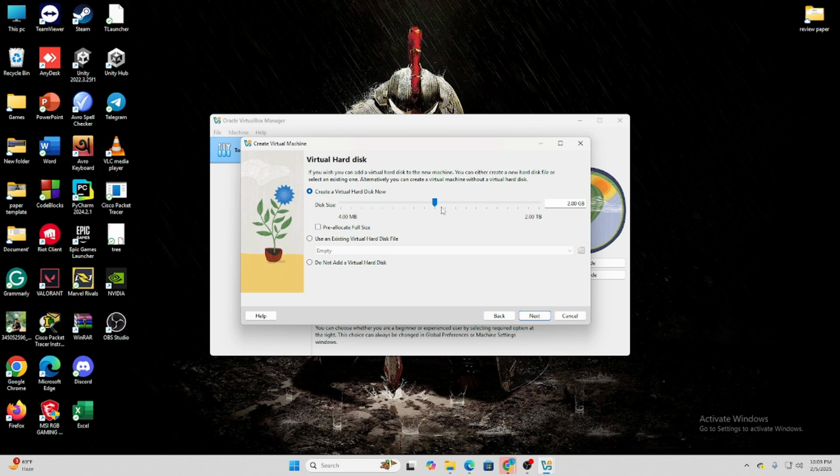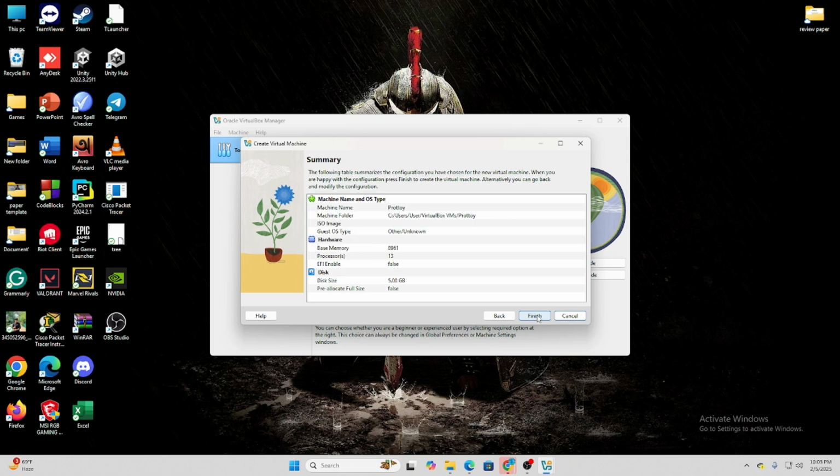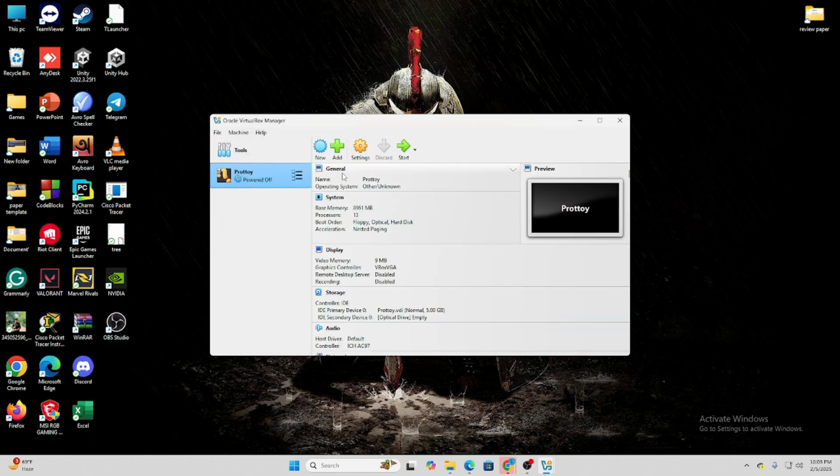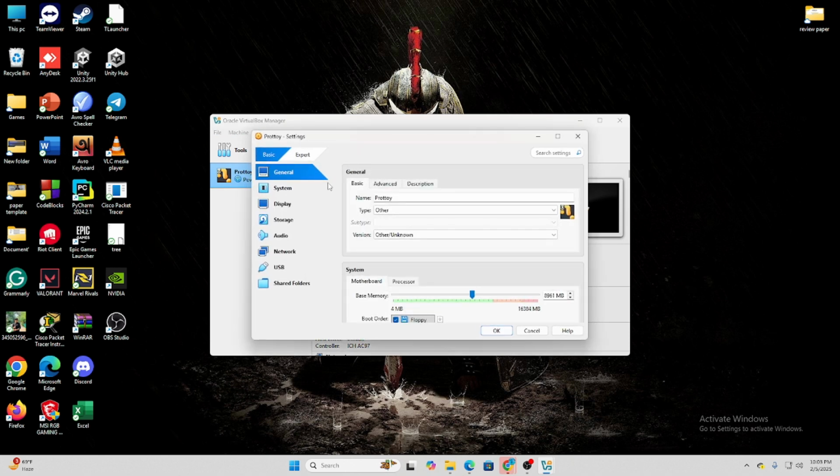To create a virtual disk, I can increase it to 5 GB. It has a limit of 4 MB to 2 terabytes, so I will take 5 GB and then press next. There is no need to change these things, and press finish. Now we have to press the settings and go to the general